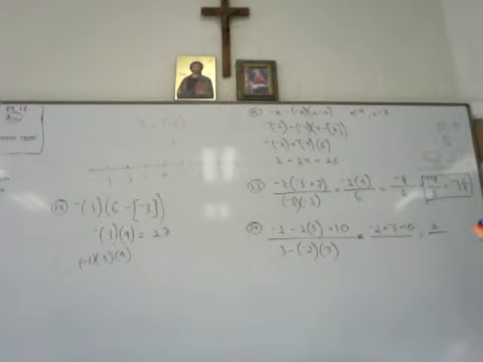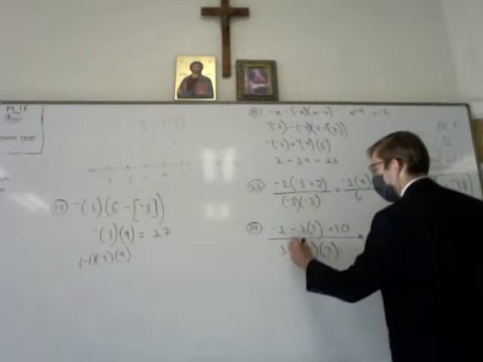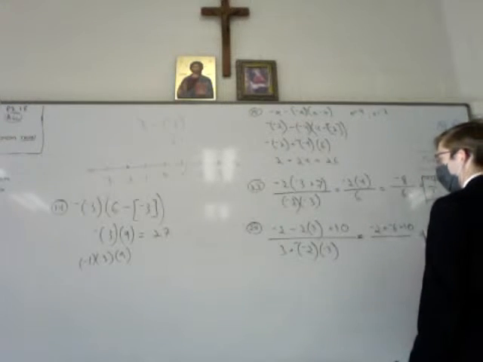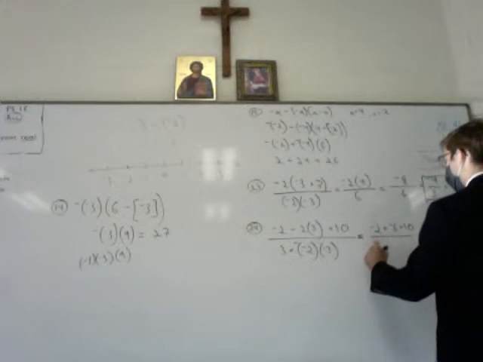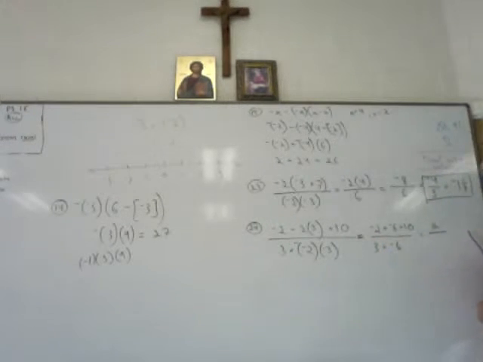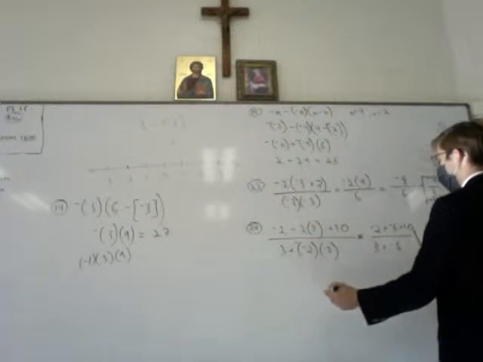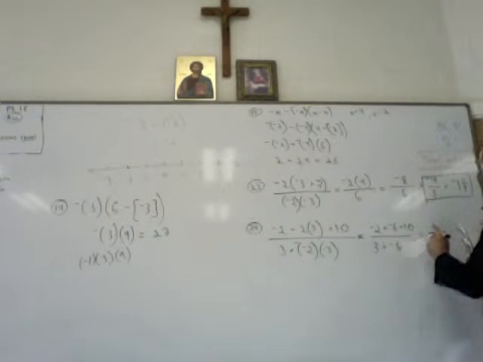Negative 2 times negative 1 times negative 3. Right, negative 2, negative 3, and negative 1. And so what do we end up with? Negative 6. So 3 plus negative 6 times 3. Oh, it's plus 3. Yes. Remember, when we change the subtraction, it's going to become addition of a negative. So 3 plus negative 6 gives us